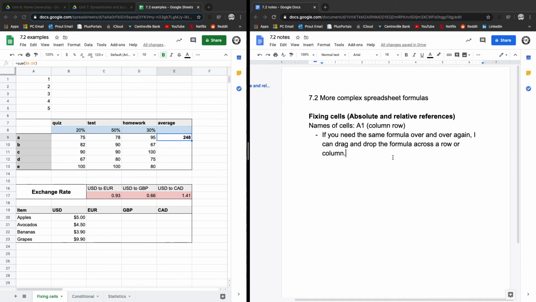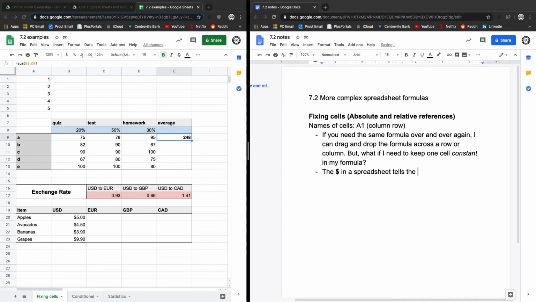The question that arises, though, is what if I need to keep one cell constant in my formula? Well, we have a way to do this, and that's with fixing parts of a cell. So we have the $ symbol. So the $ in a spreadsheet, and here's kind of my definition,